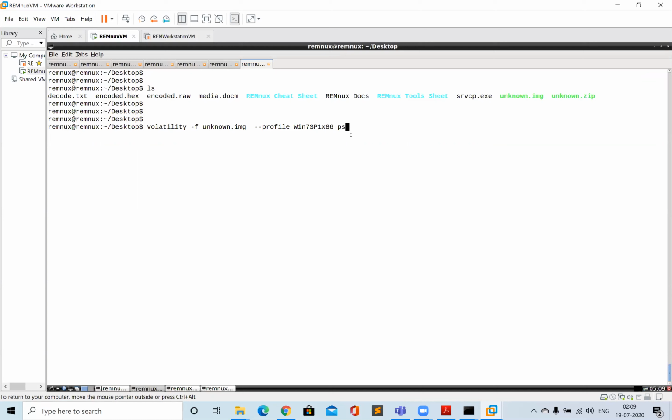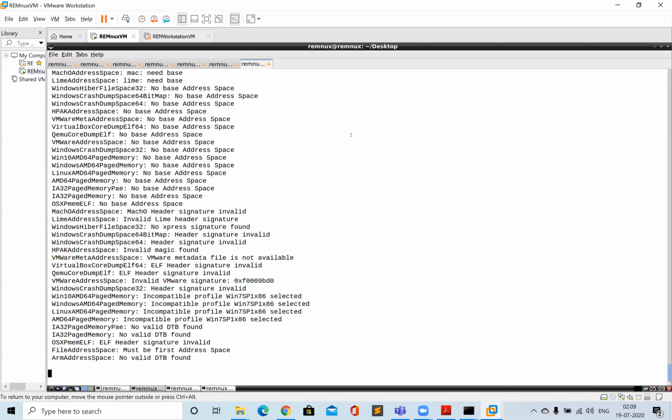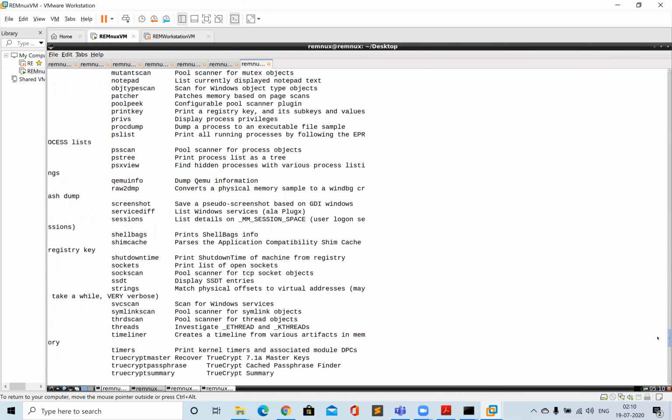So I can just do pslist. This was one of the plugins that volatility supports. If I execute that, it will parse the memory image and tell me what processes were running. But now it has not worked fine. So let's see why.